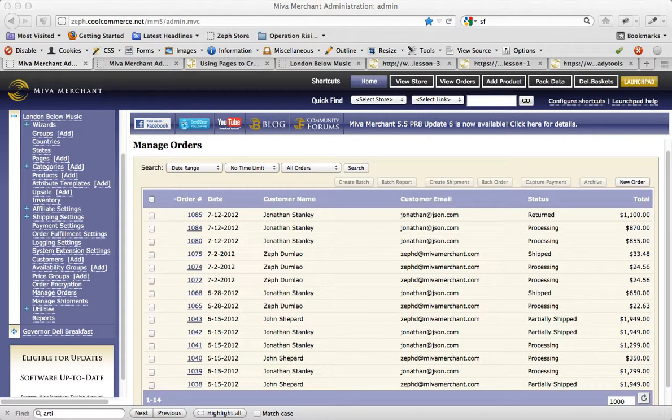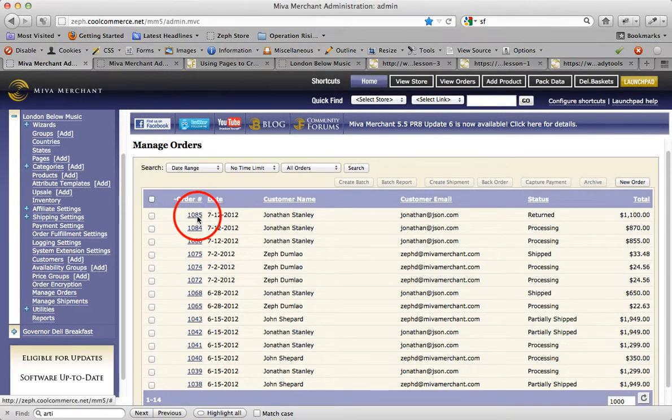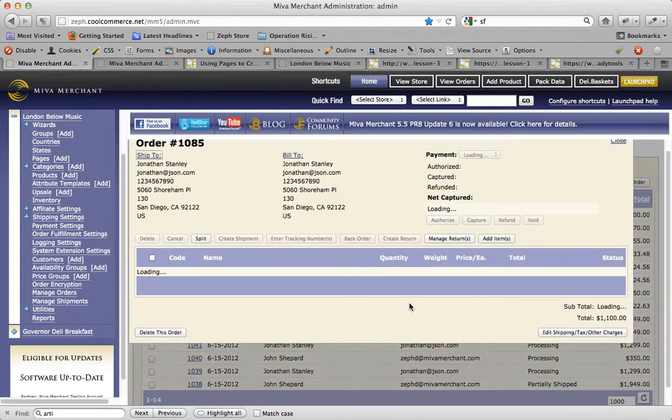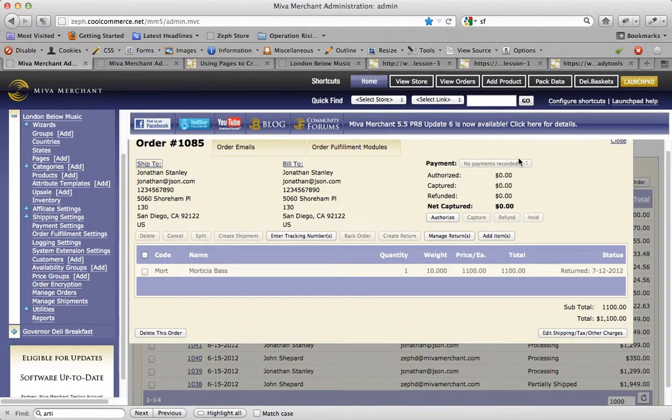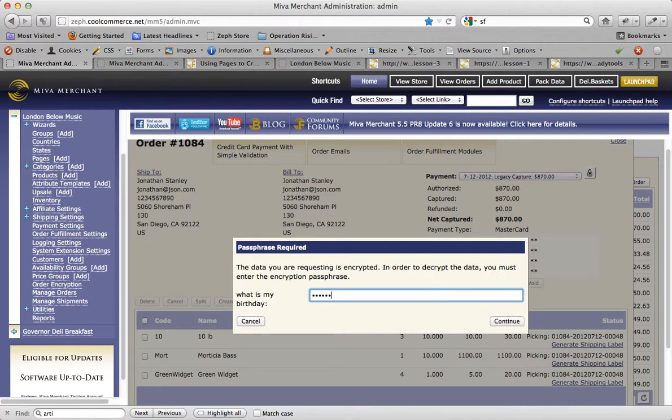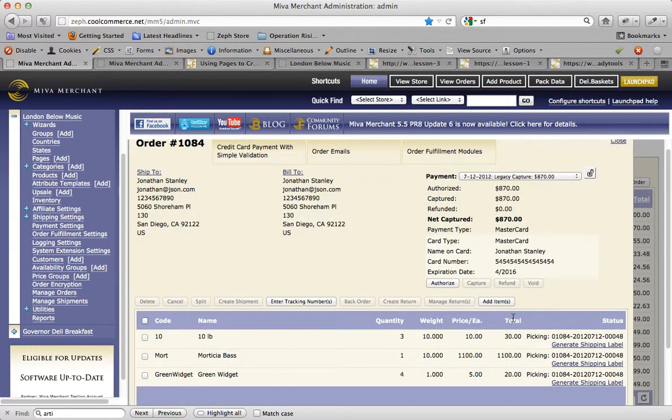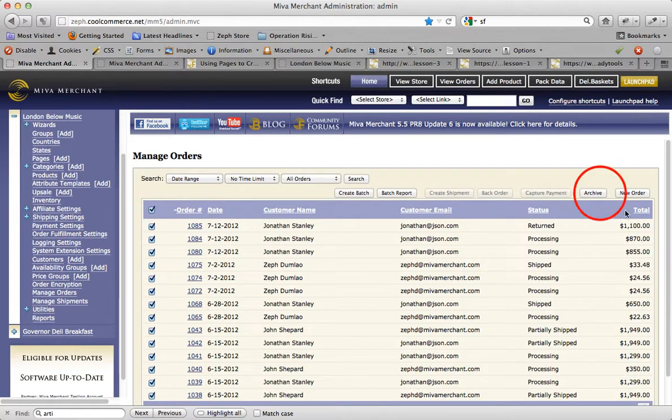Okay, really quickly, Sharon asks me to cover the archive button under manage orders. Basically, if you go into manage orders, if you noticed, my store admin did store the credit card information. It is locked down using order encryption, but it still exists in my database somewhere. So basically, archive means you're storing the details of this order, but you're purging the credit card information. So when I select all of these orders here and click archive,